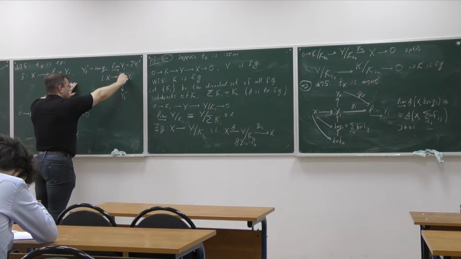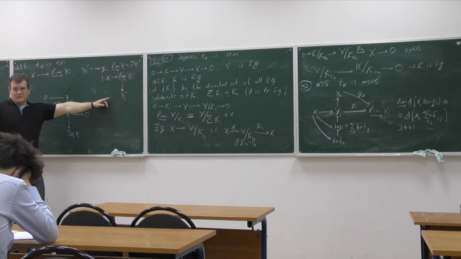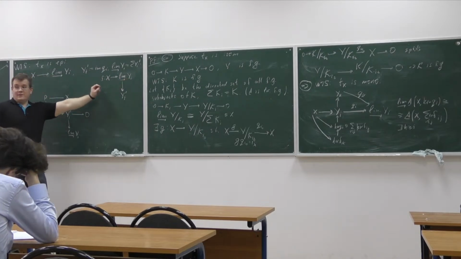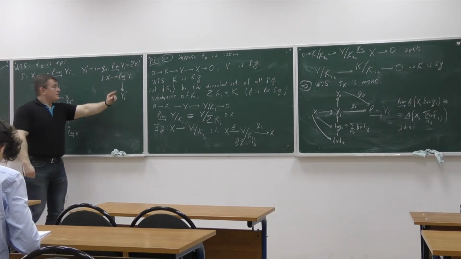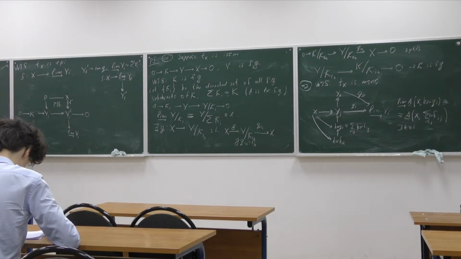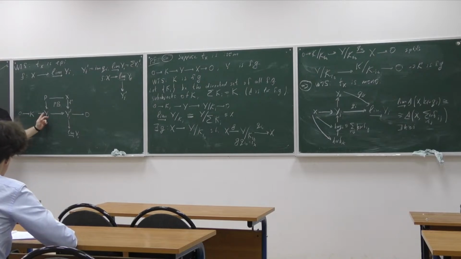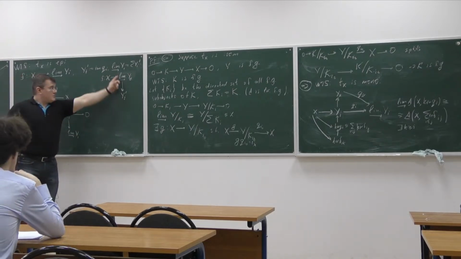Again, let's use the definition of the colimit, but now correctly. I want a map from the colimit to this thing. So now I need to specify what this map is doing on each of these yi's, right? But this I can do, because if the index, let's say this is j, if j is equal to i, I have this map. And if the index is not equal to i, any other index, this will be by definition the zero map. Hence, we have this map.